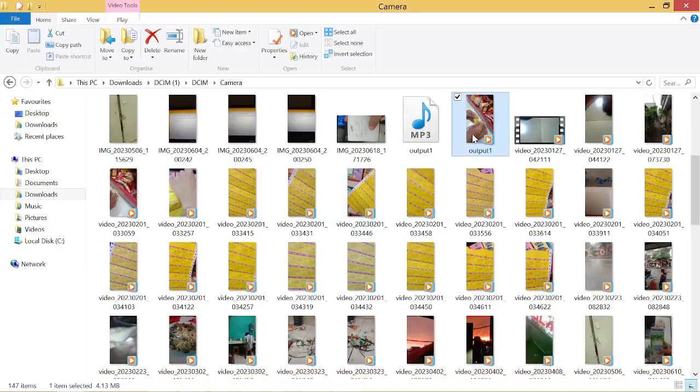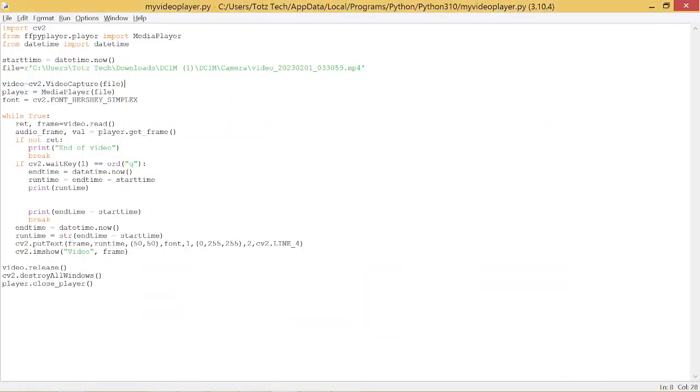In this case I want to play this video, so I click copy path, go back to the code and paste it here. Then erase the two double quotes and leave two single quotes, and forget the R character in front of the string. Then use the video capture method and give this file as the argument,